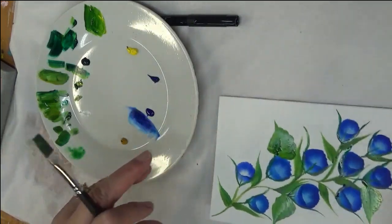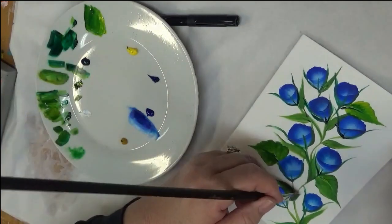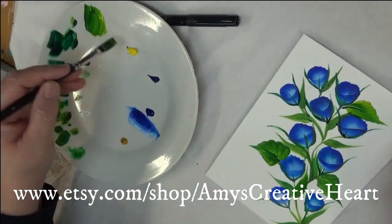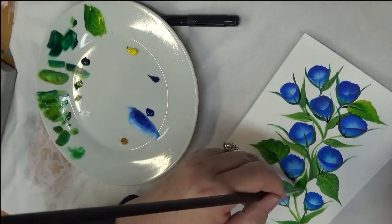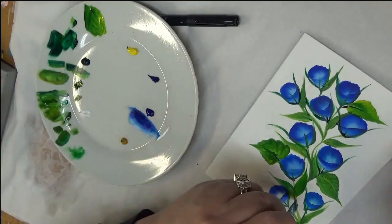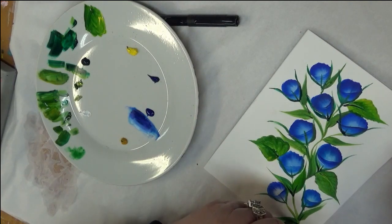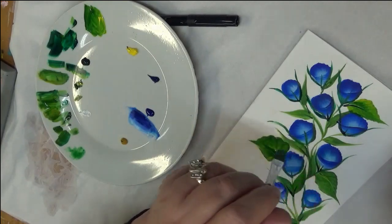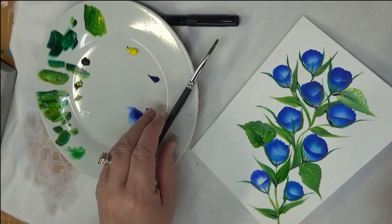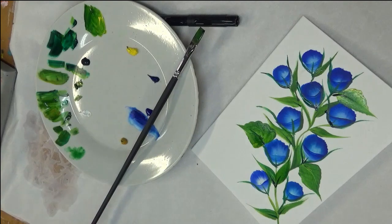Now, excuse me, sorry. Then I'm going to just do one more in here as far as this goes. And just do one of the pulls. And I'll take a little bit of the darker green and go up in here. Like I said, you can go back over it. Just keep it thin and light, or you can make them a little darker, however you want to do it. And last but not least, sorry about that, it's going to roll. You can take